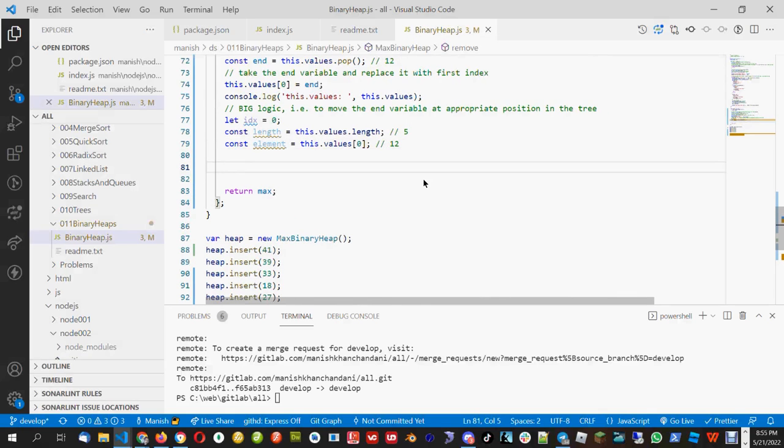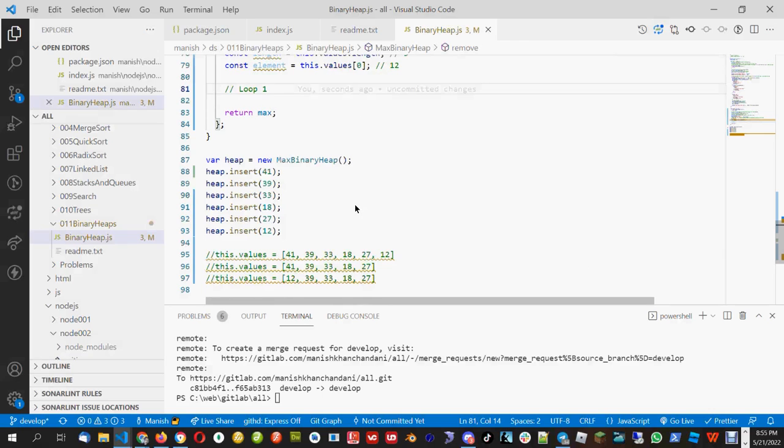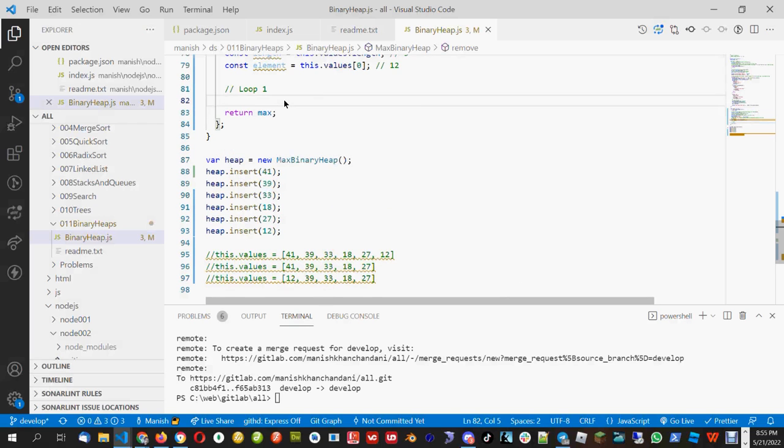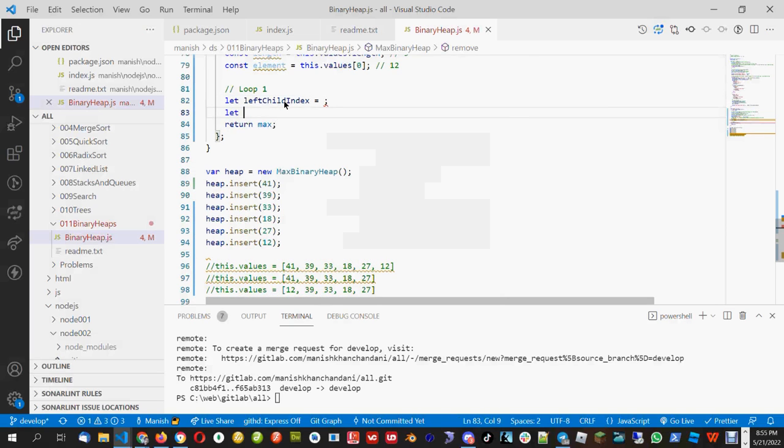Now we will loop it. I will not write down the while loop first. I will just say loop number 1. What we were trying to do in loop number 1: after 12, I need to find both its children, the left side and the right side. So here I will write let left child index equal to something, and let right child index